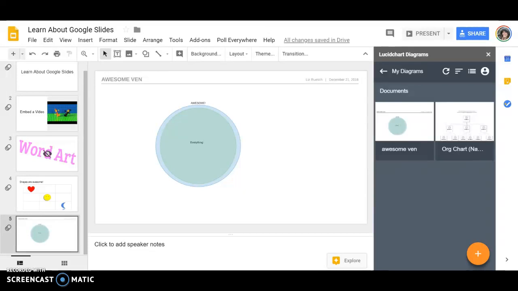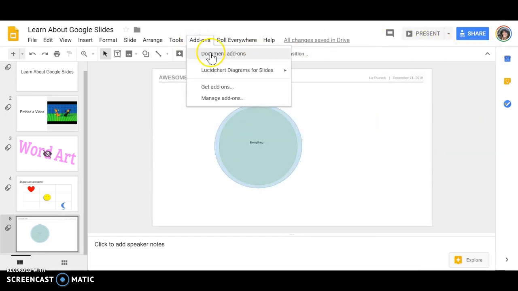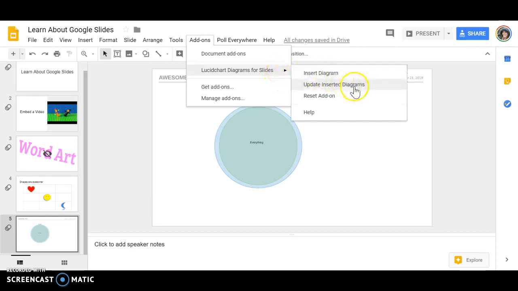Okay, for my add-on, I decided to look into the Lucid chart diagrams. Normally that won't be there, but you can go to add-ons and then it will say Lucid chart diagrams for slides. You can choose, your options are to insert a diagram or update inserted diagrams, and there's a little help